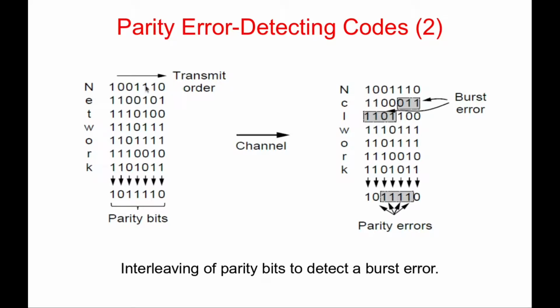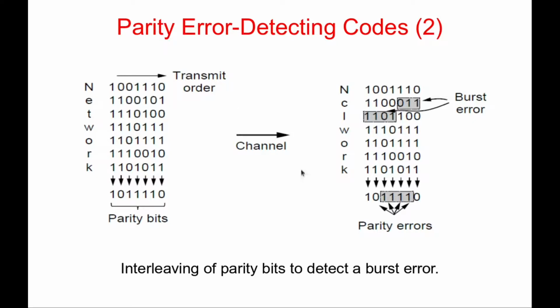So while sending, we will send one row at a time, like this. For example, the data was network, network, and for corresponding letters, the data bit generated is like this. For n, we are having this data, e this data, and so on up till k. And when that was encoded here with those parity bits, each individual row was then transmitted, and when the last row was transmitted, then we transmitted the parity bits or the row containing the parity bits as well, like this.